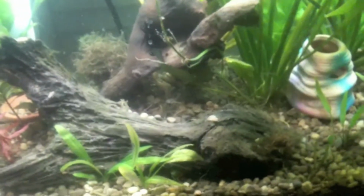What is up, everybody? So, 29 gallon, just drained it, filled it back up several times because something happened. I released a whole bunch of nutrients into the water column. I'll get to that later and what I did. But after I filled it up, or at least mostly filled it up,